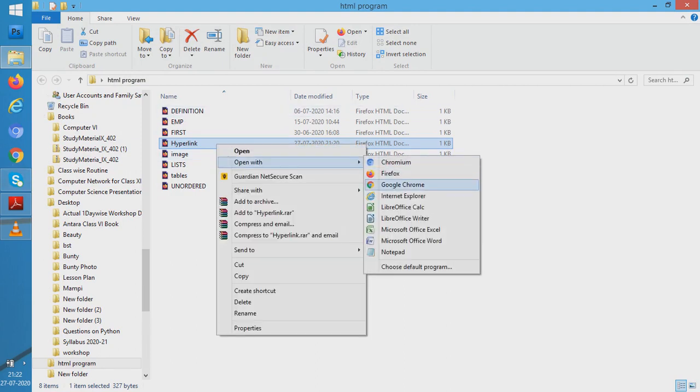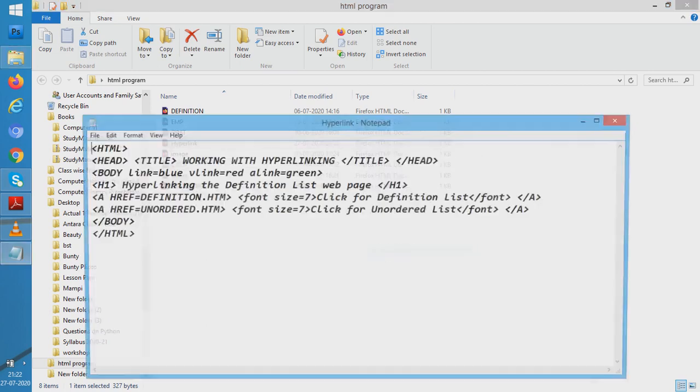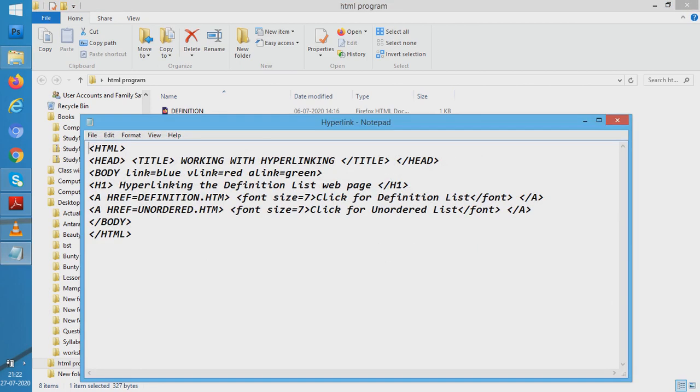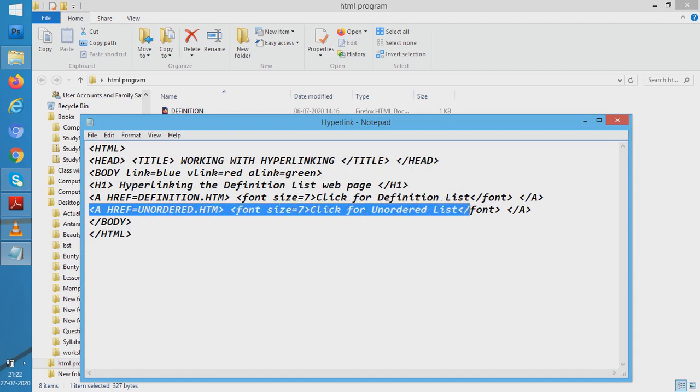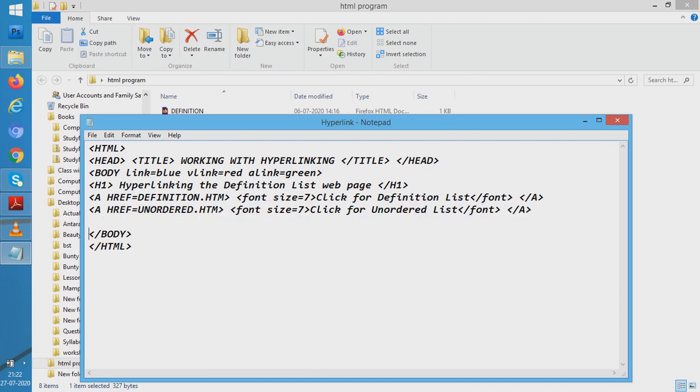Let us go to Notepad. Let us write something like this. A href is equal to www.cbsc.com.